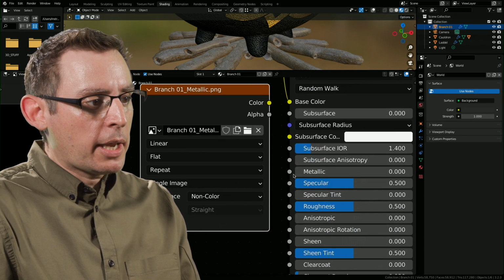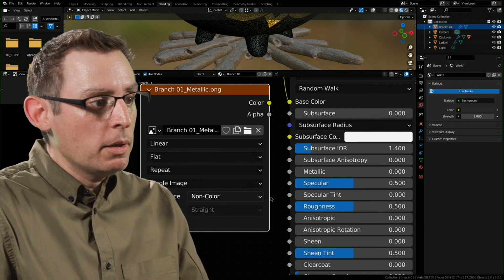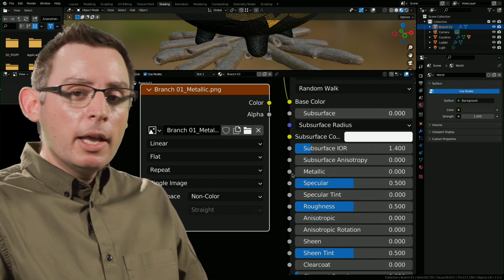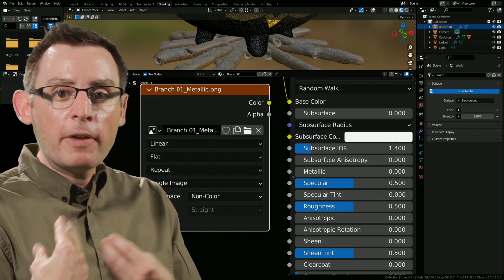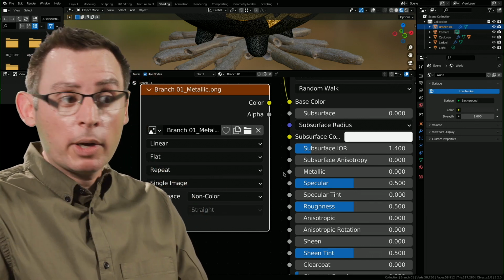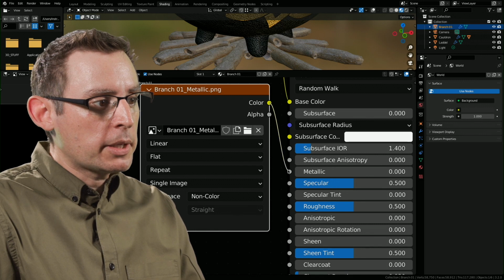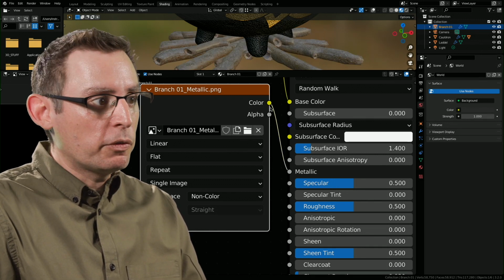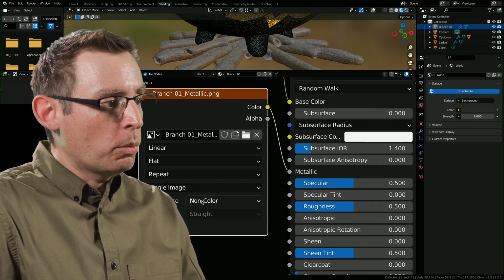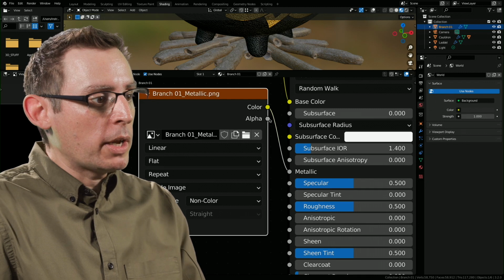Well, how do I know that metallic wants non-color from the color space and not RGB, sRGB? Remember, the color of the input node on the material tells us which types of data values it's willing to accept. It's gray, so it wants 0 to 1 grayscale values. So let's take the color value and put it into metallic. Now we're not sending color value. That's just the output of the image, but the color space that's leaving the image is 0 to 1 grayscale values.